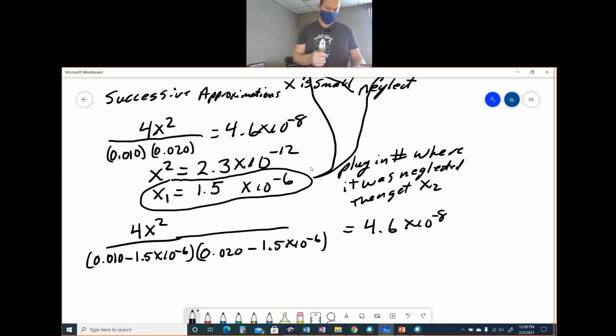This is not going to change it, because if you put this in decimal form, you're talking about 0.00000 and then a 1 5. So you see that when you subtract that from your 0.0200,